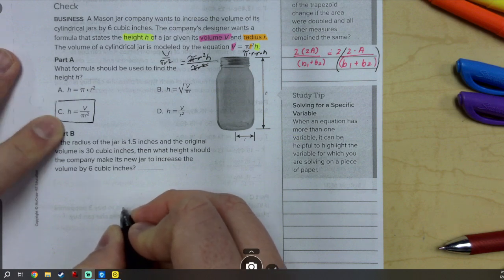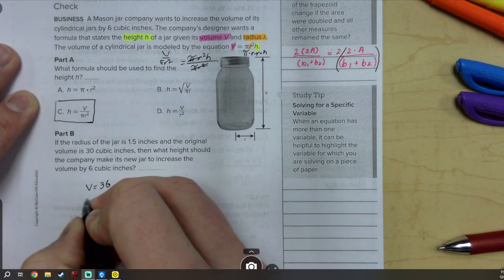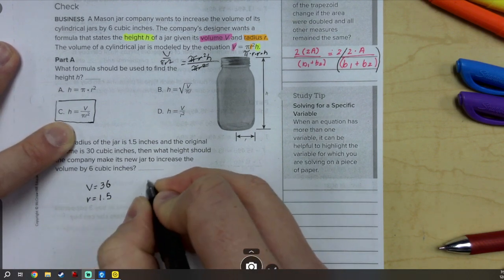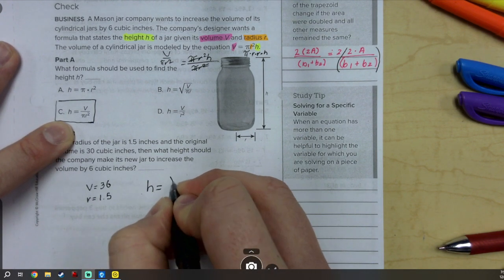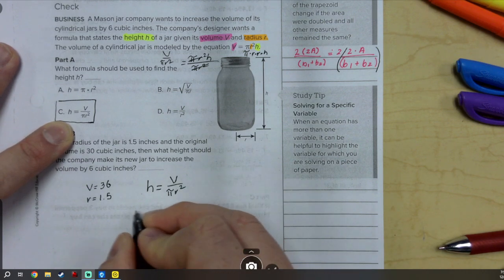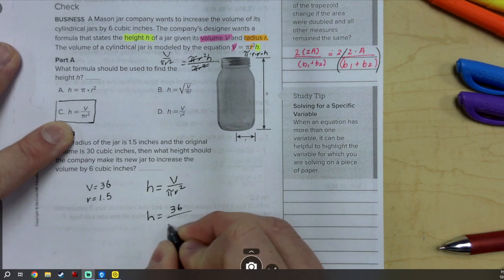So we have our volume is 36. The radius is still 1.5. We're going to plug it into the formula. H equals volume over pi r squared. From here, H equals 36 over pi